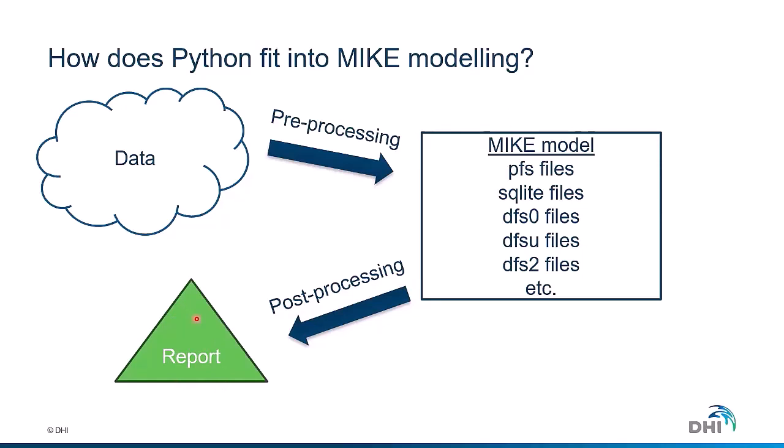So where does Python fit into this whole concept? I would say first, at the upstream end, it fits into getting the data. You can use Python to download data from rain gauges if they have an API online, SCADA data if it's a wastewater treatment plant. Anyone that has an API, you can use Python to automate downloading that data. You can then use it to pre-process the data for the cleaning, etc. It's actually perfect for that use case.